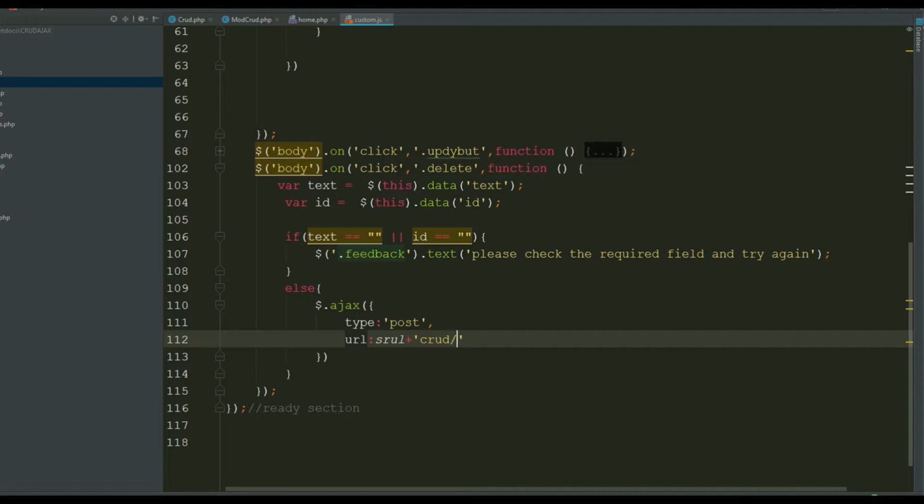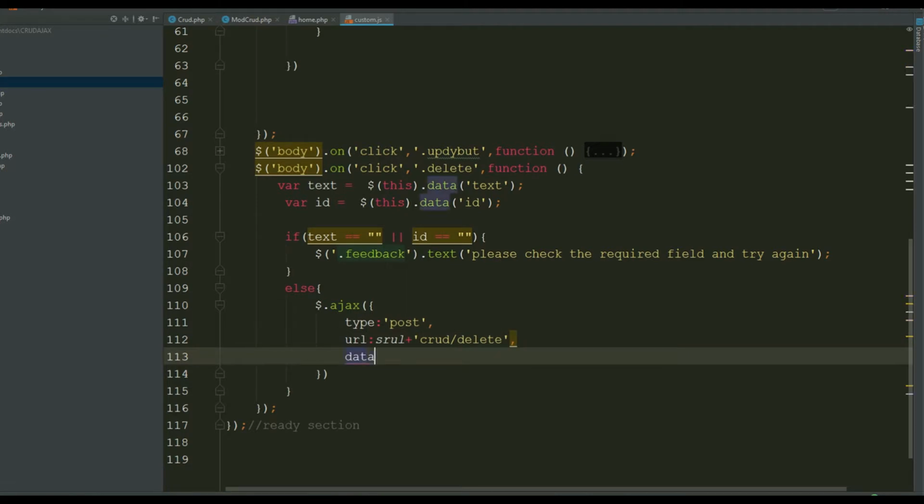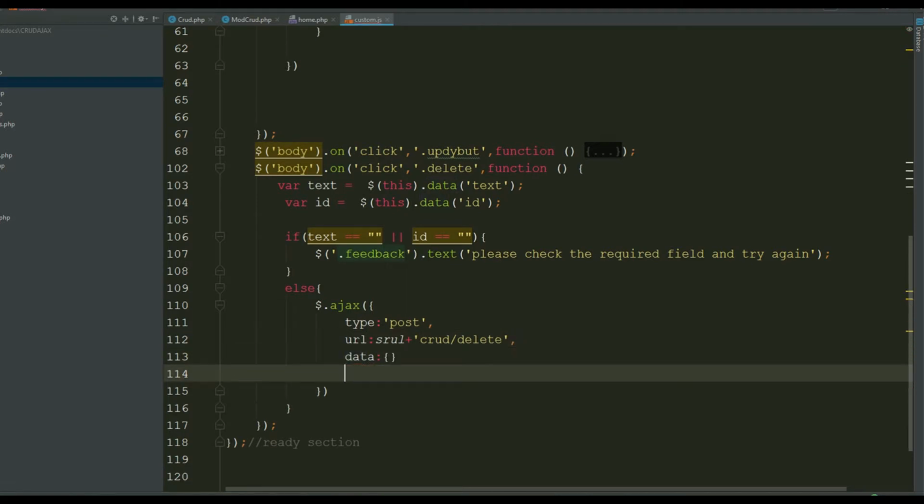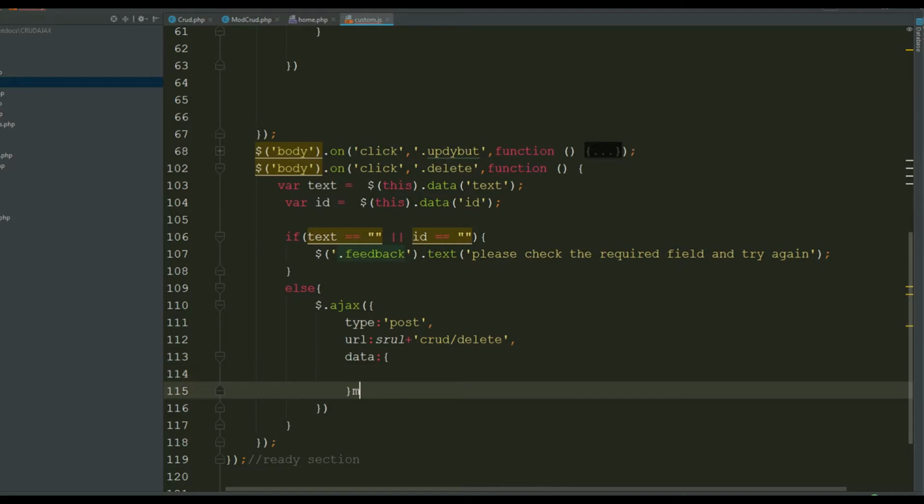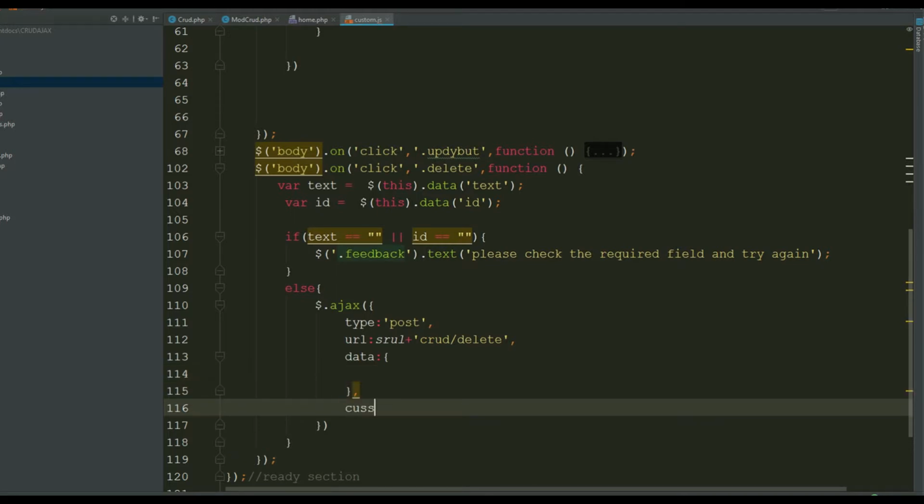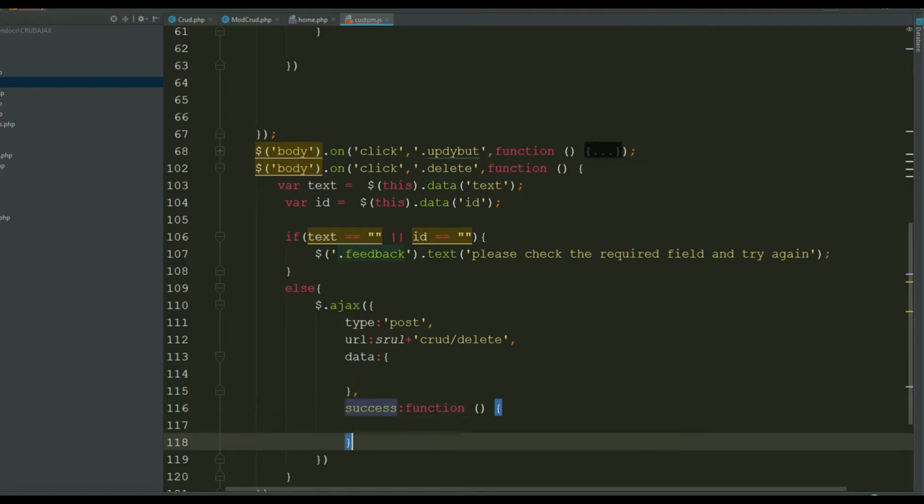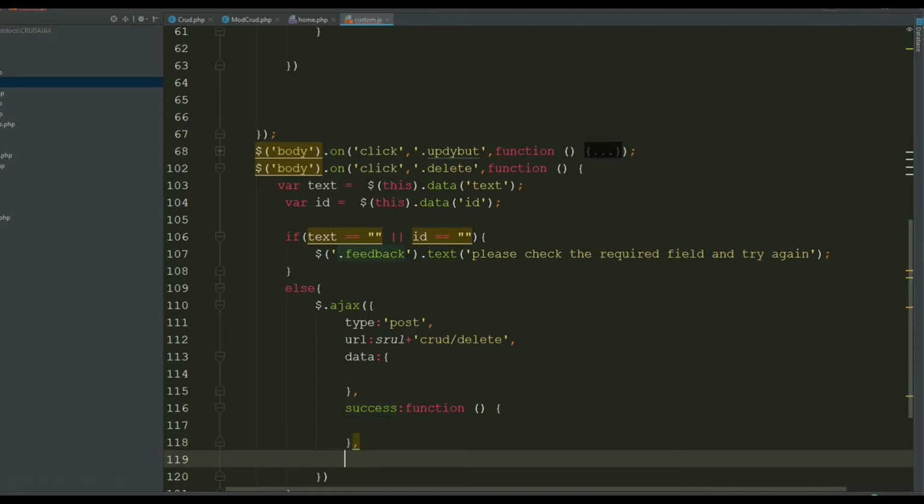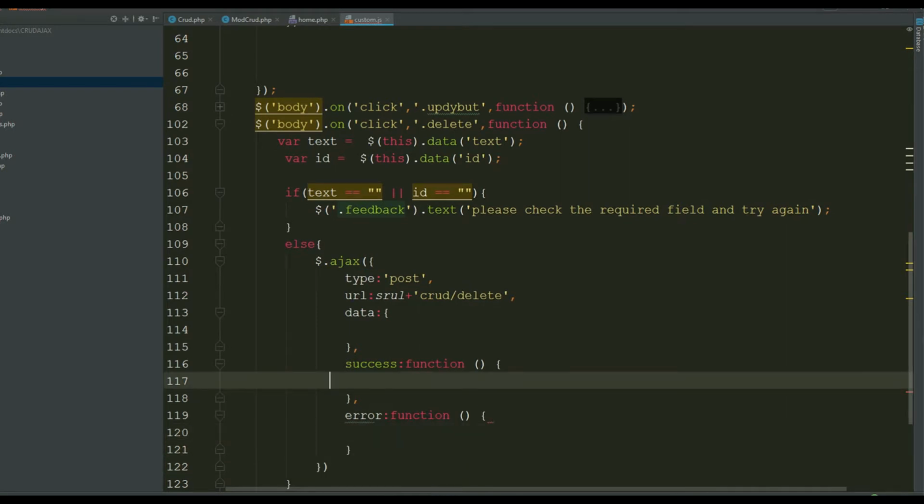Here is our method. I'm saying delete method, comma separated. We are sending some data. So how can you send some data, comma separated, and I'm saying if success, this is our success anonymous function, and if an error occurs, I'm saying error. So here is our sections, and here is our